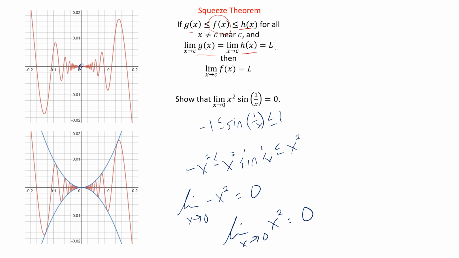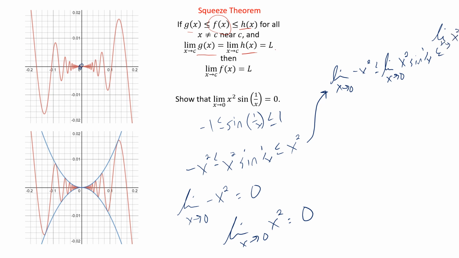So if we take the limit of all of these, we're going to take the limit as x goes to 0 of -x squared, which has to be less than or equal to the limit as x goes to 0 of x squared times sine of 1 over x, which has to be less than or equal to